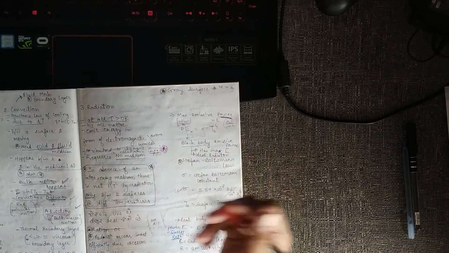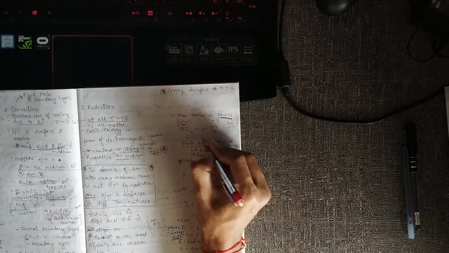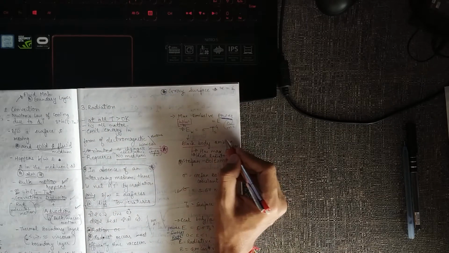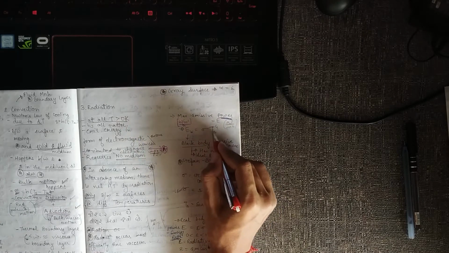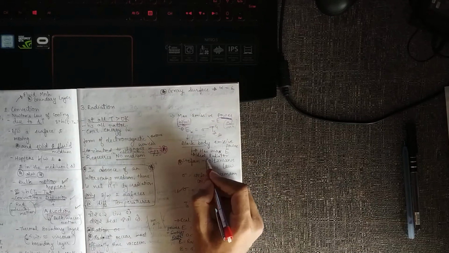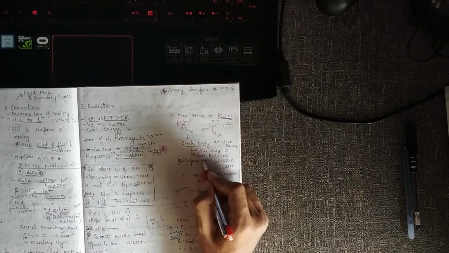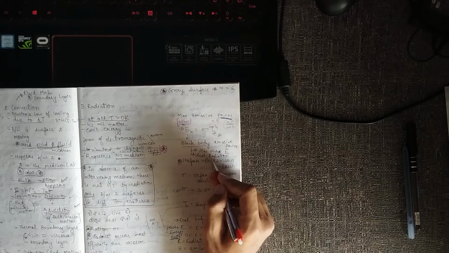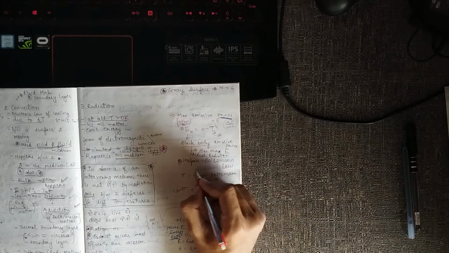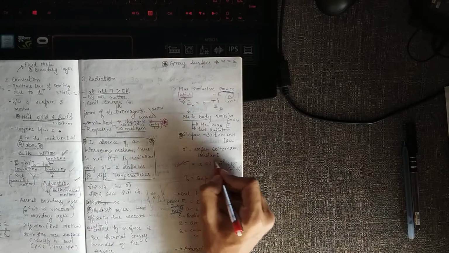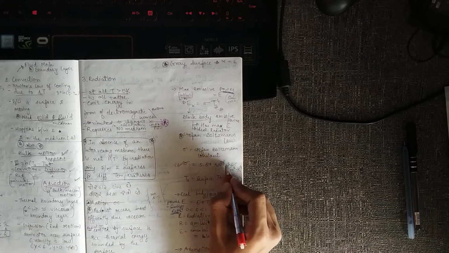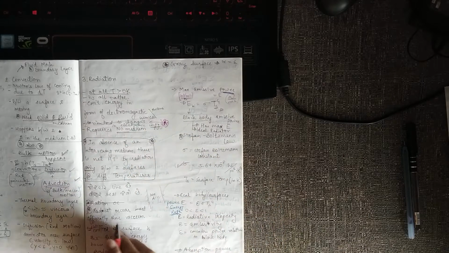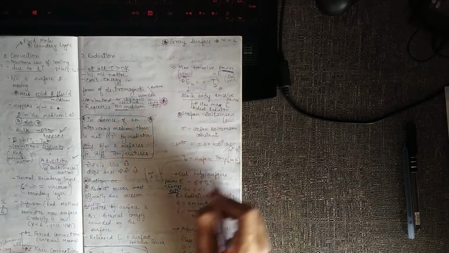So it is per unit area also, and it's given by the Stefan-Boltzmann law, which states that the black body emissive power is directly proportional to the surface temperature to the power 4, and this surface temperature is the absolute temperature of the surface. And the black body has the maximum E, that is, the black body emissive power is the maximum and the upper limit to thermal radiation, and sigma is the Stefan-Boltzmann constant, whose value is universally constant, 5.67 times 10 raised to minus 8 watts per meter square Kelvin raised to power 4, and this is the temperature in Kelvin raised to 4.